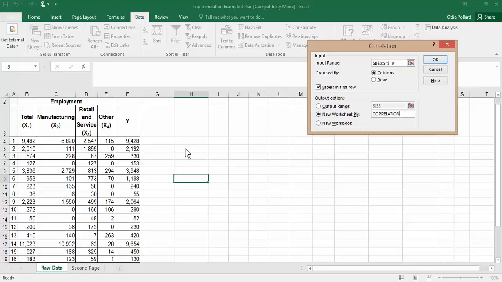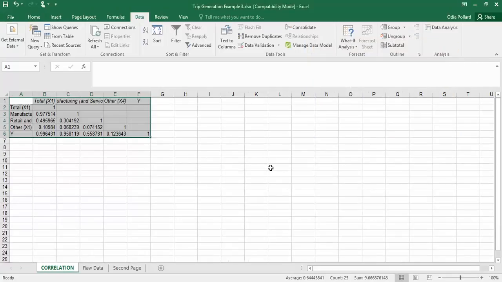You do have the option to place it on the existing worksheet, but proper Excel page design dictates that you always try to put your results on a separate worksheet from the raw data. Anyway, it's your preference at the end of the day. You can put it in a new workbook, but that could get messy. If a file is lost or moved from a specific location, you will get errors in your results. It could be done, but you just have to be careful. So you press OK, and very quickly